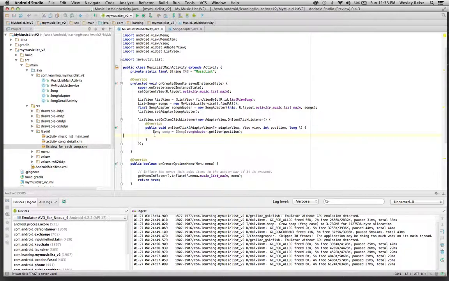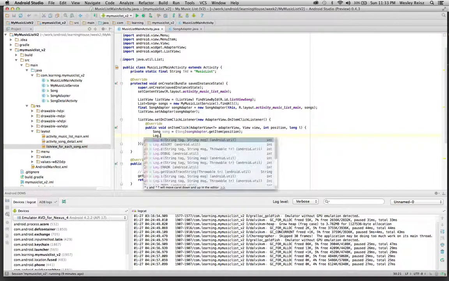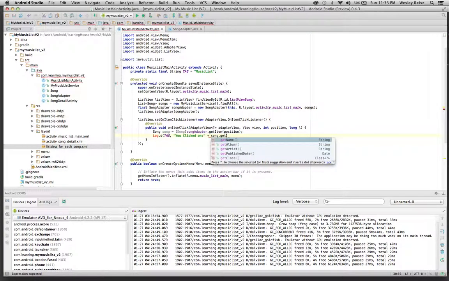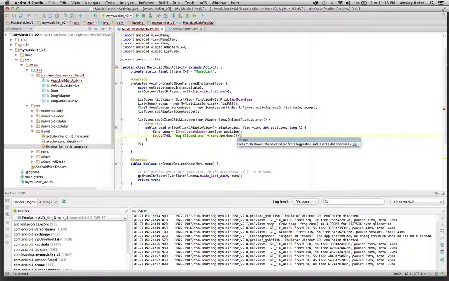So inside here now, I'm going to use Log.d for debug. I'm going to put my tag in there, and I'm going to put "You clicked on", and I'm going to say song.getName. That's going to tell me what you clicked on. So let's import the Log class and run this just to make sure everything's working as I expect. I should get the song name whenever I click